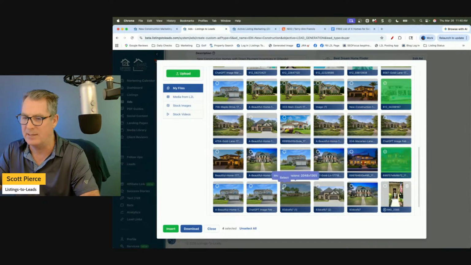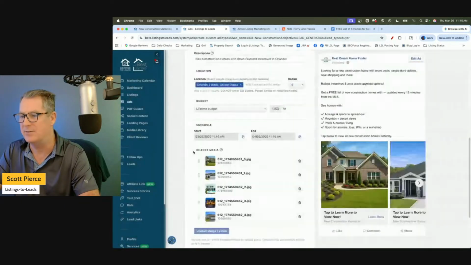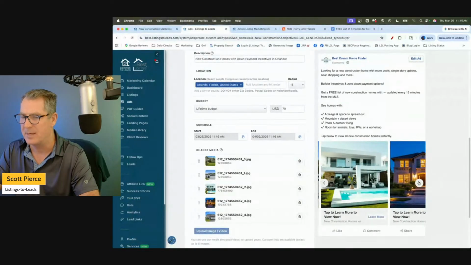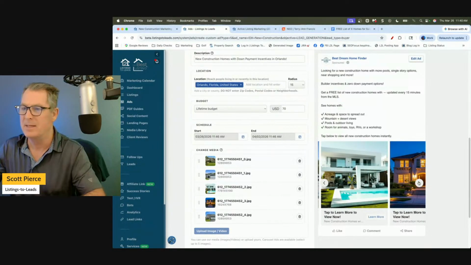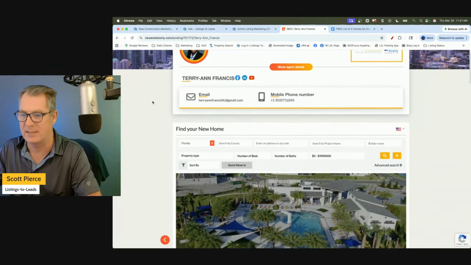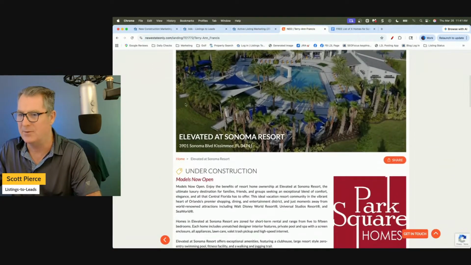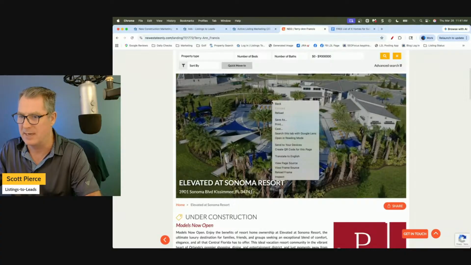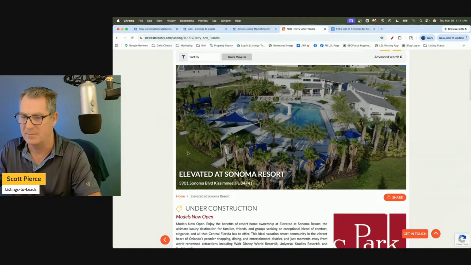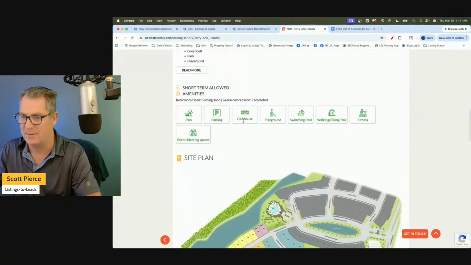Normally, I don't like to do carousel, but when I'm doing a custom list, I kind of like it because it shows people, and I like to do different price points. So for example, if you're doing off your IDX or a website like this, just take this picture if you can. Let's see here. If I scroll down,